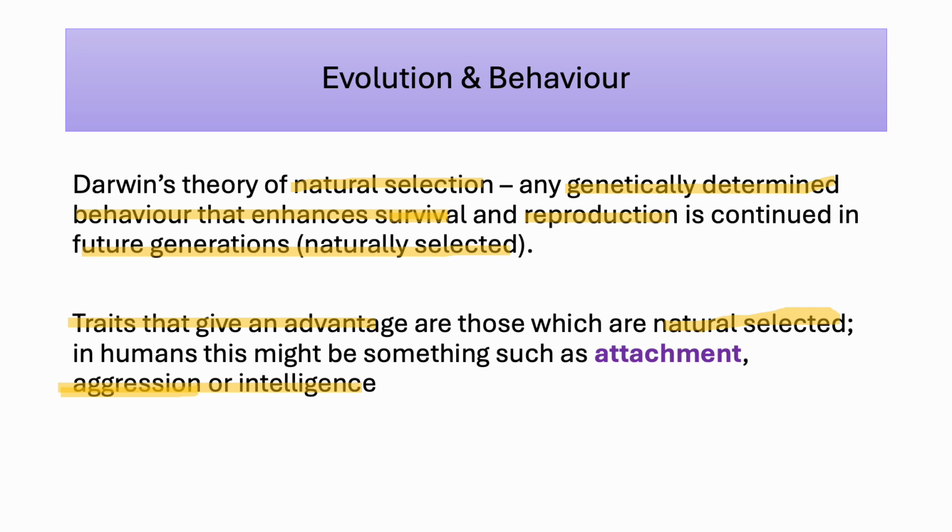But the one in particular that I have made in purple and I'm underlining is attachment, because Bowlby's theory of monotropy, Bowlby's evolutionary theory of attachment, is this idea that babies instinctively and naturally will attach to a primary caregiver because that primary caregiver is going to allow them to survive, is going to equip them with the safety skills that they need, the people skills they need, the food, the shelter, etc. So attachment to a caregiver is something that is evolutionary, and we as humans have evolved to love and care for babies and vice versa.